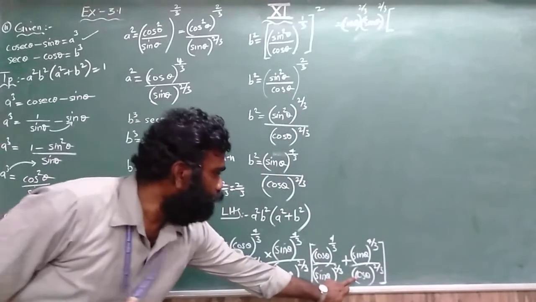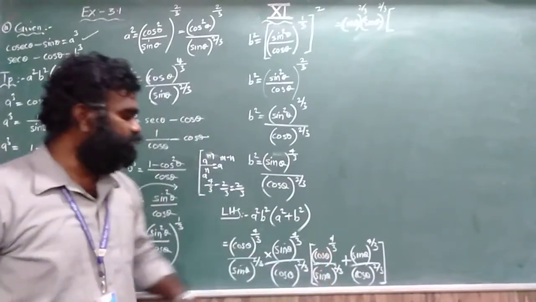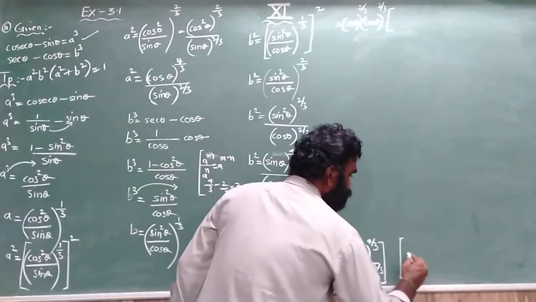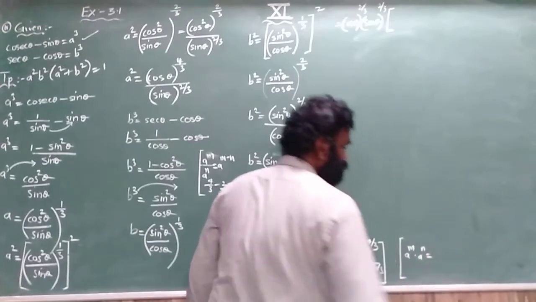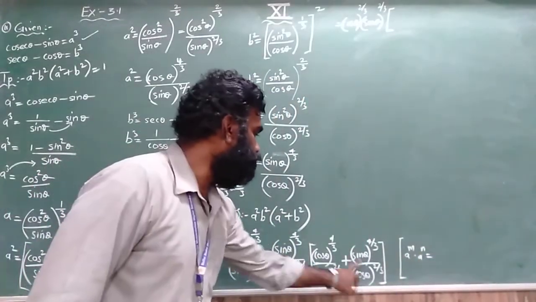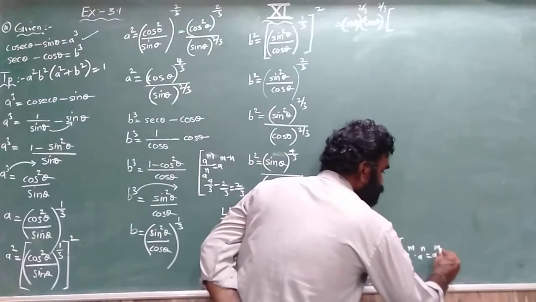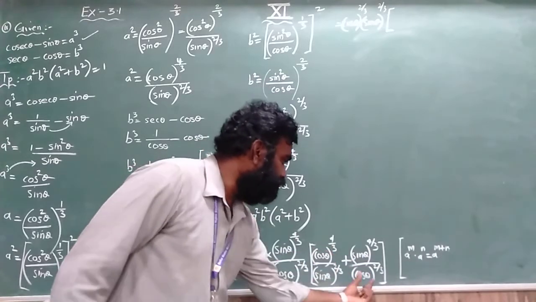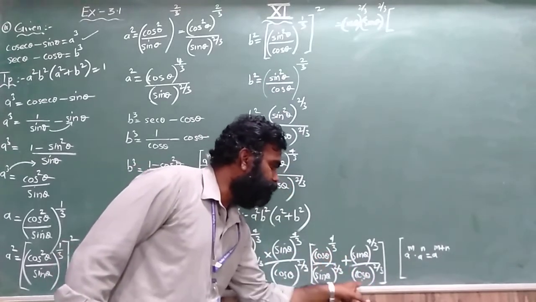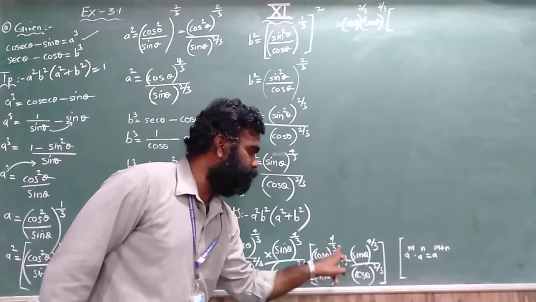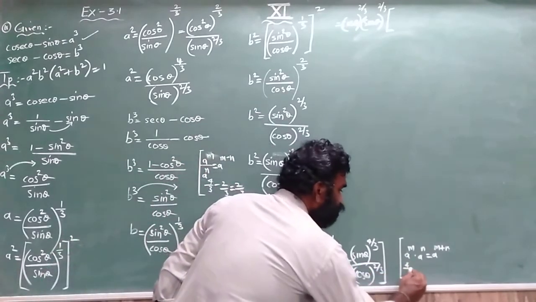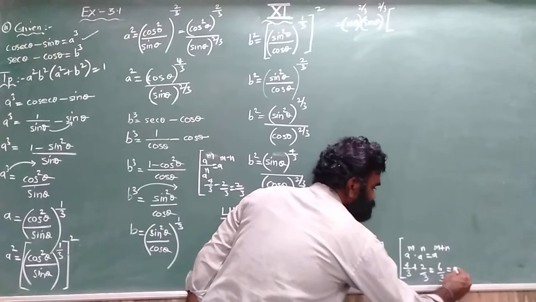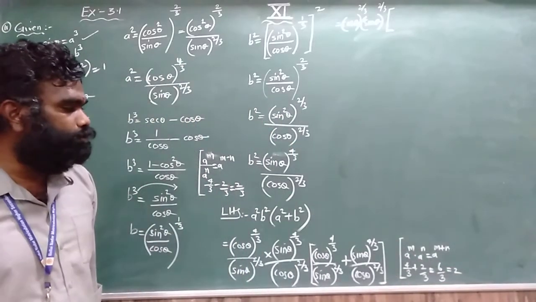Open the bracket. Now cross multiply. If I cross multiply, what does it become? This one also has a formula. What is the formula? You know the formula. a^m into a^n is a^(m+n). I can add the powers. So here the power is 4/3. Cross multiplying here with cos θ, I can add both the powers: 4/3 plus 2/3. 4 plus 2 is 6, and 6/3 is equal to 2.